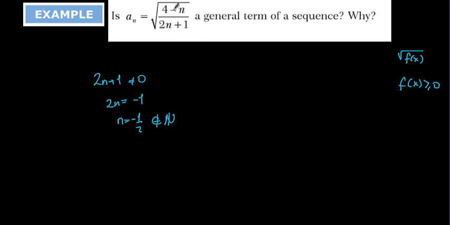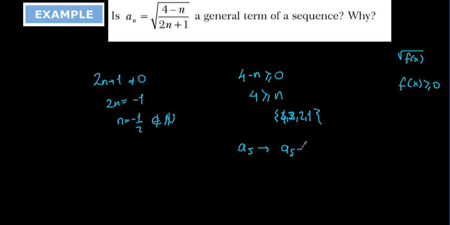But inside the root, we have 4 minus n, pardon, 4 minus n should always be greater than or equal to 0. But this means that 4 must be greater or equal to n. And it means that here the n you can choose is 4, 3, 2, and 1. But if you say a5,